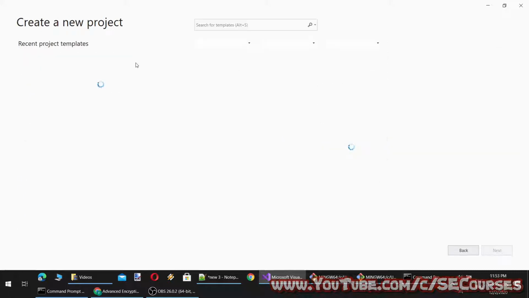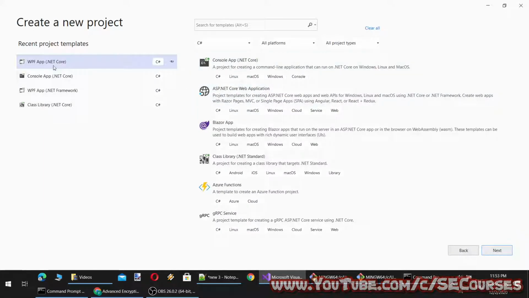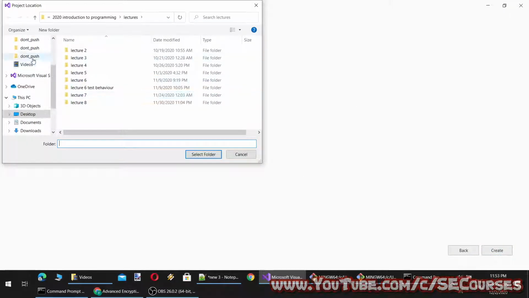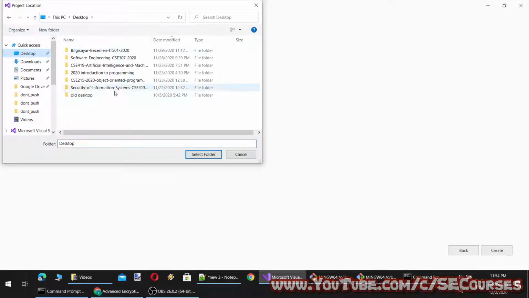So let's start our today's project with composing a new project. I'm composing a WPF .NET Core project as usual. Let's pick our project folder.